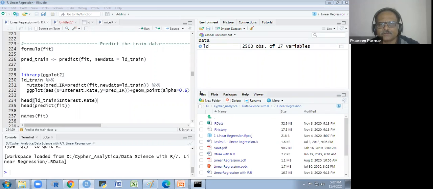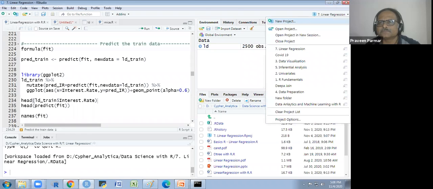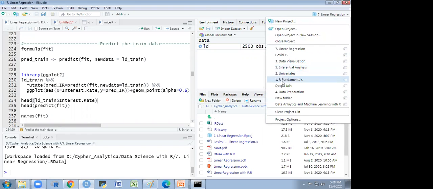I think my screen is visible to all. Yes.